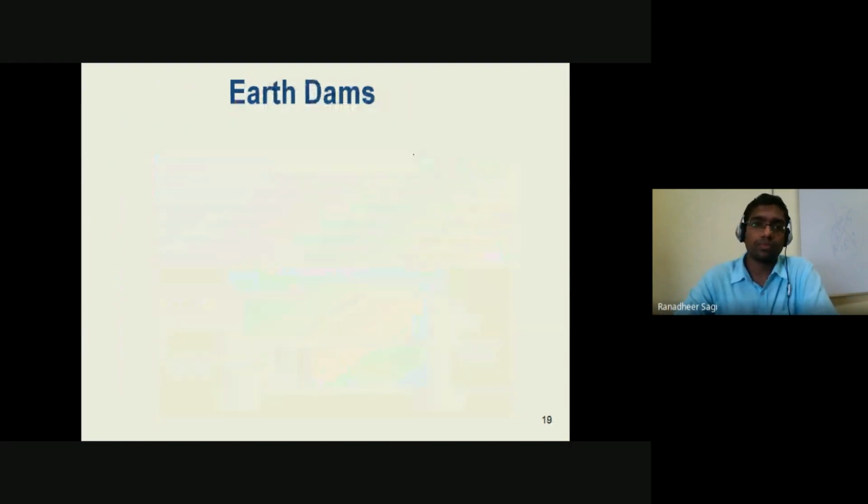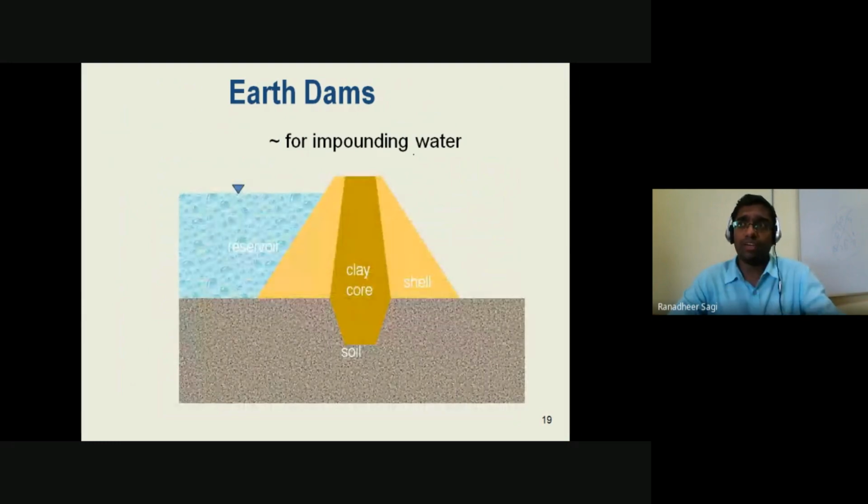And in the construction of your earthen embankments or earthen dams also, it is very important for us to know how the behavior of that particular soil is going to be. What are the properties of that soil that I should make use of in the construction of your earthen embankment to minimize seepage losses because of the water flowing from upstream to downstream?